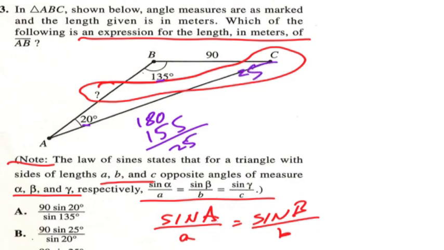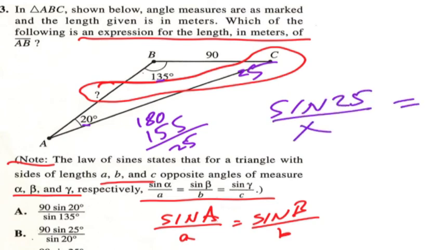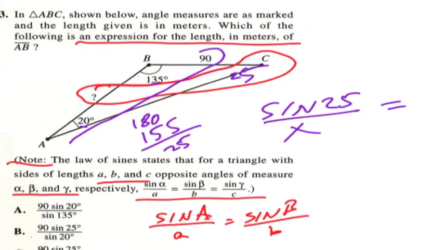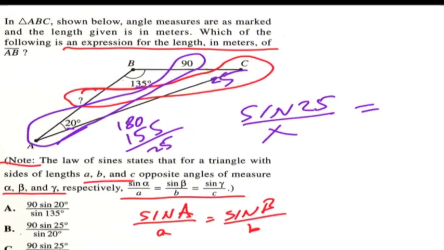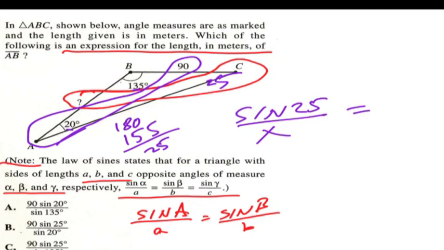So I would now have the sine of 25 is to x, as I look at this other one and they gave me the 20 and the 90, and they gave me everything I need here. So this is going to be the sine of 20 is to 90. All right, and all they wanted was an expression, so we're not plugging numbers in, so we just cross multiply,